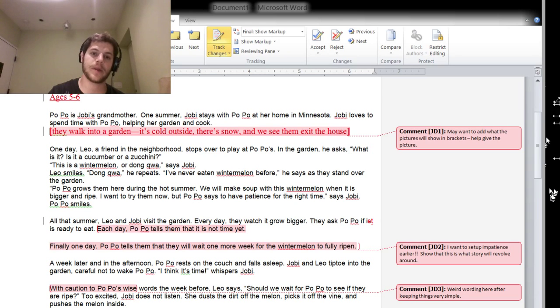So I think you have this good situation where the kids make their choice, but I want to see them struggle with impatience, to say, hey, don't use this watermelon. Or maybe in the first scene, they're impatient about something, and we know that's going to be a risk for them. Like, he wants his Wintermelon sooner, but Popo says, wait, you have to be patient. And then he asks Popo again, and you can have that repetition that that age group likes, where